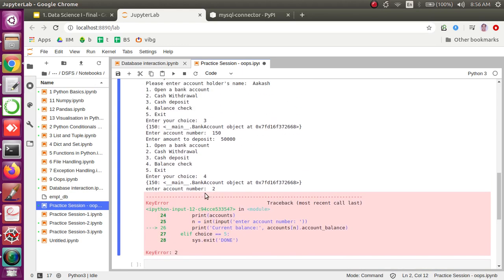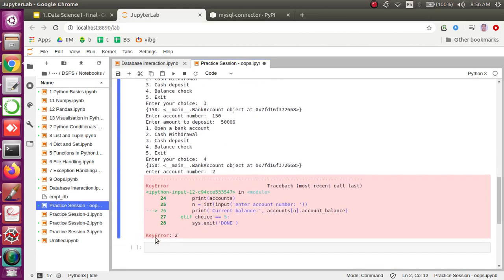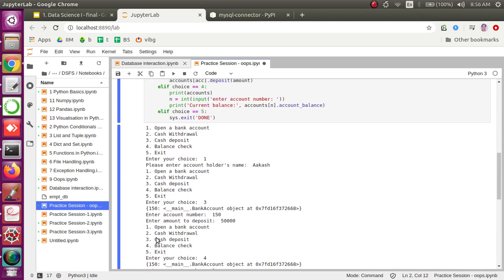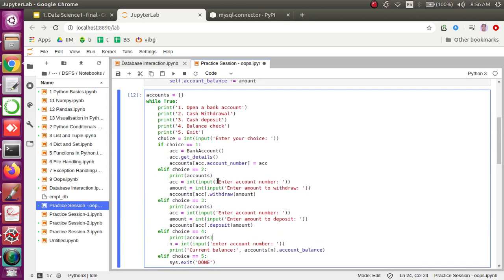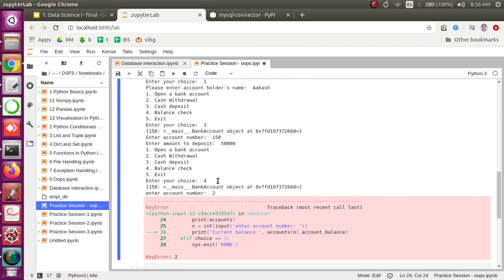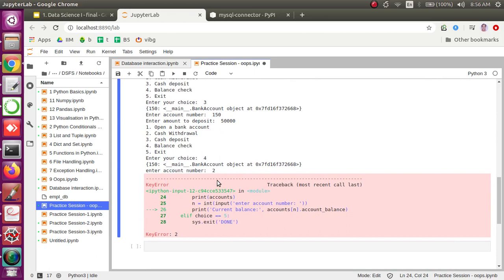Okay, so this is the wrong thing. At this moment I should have not used 2, so this 2 does not exist. So whenever there is a key error, we should probably handle it. Such kind of exceptions, we should do this for the entire program. So whenever we are giving some option, enter your choice and the choice is wrong, so what it will do,